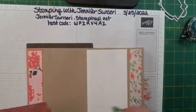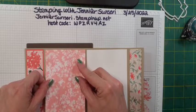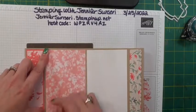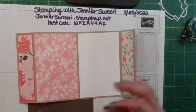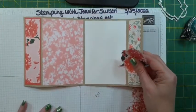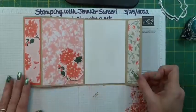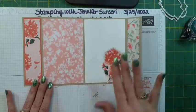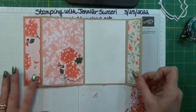And that's good that you guys picked this, because I actually have something else I could put on here that will match. So it works. Okay, excuse me. Let me move this up higher so you can see it. I cut out the chrysanthemums from that paper. What if I put them there? Or there. I think they show it better here, but I think we need space to write. So I could put them here